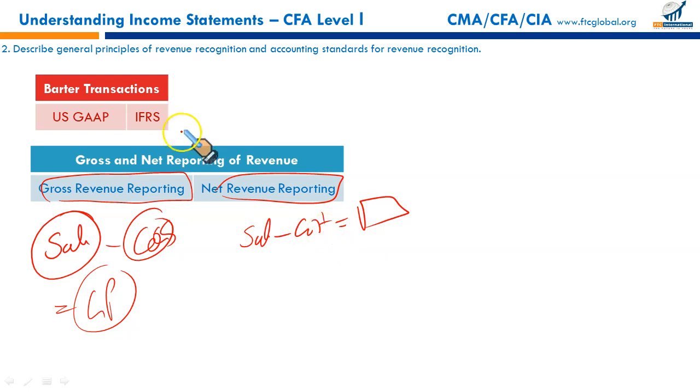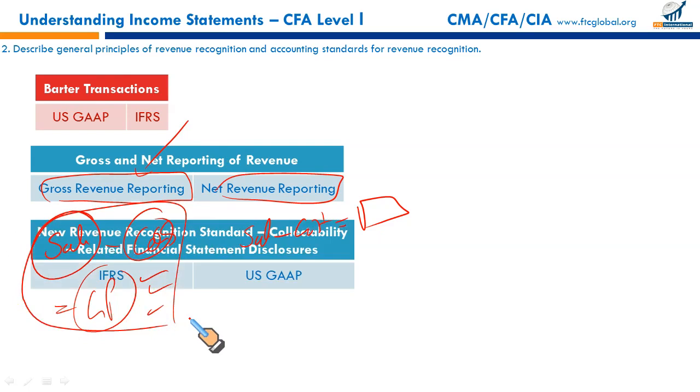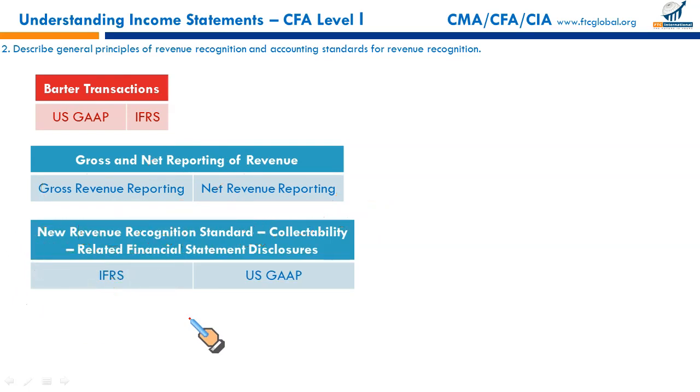So where do we need to use gross revenue reporting? It says gross revenue reporting is required for a seller who is the primary obligor and bears inventory risk. He holds the inventory, he bears credit risk, and he's the one who selects his own sources of supplies and establishes his prices. So in this case, he will have to report under the gross revenue reporting system. Just a brief overview, you don't need to drill into finer details. Next,